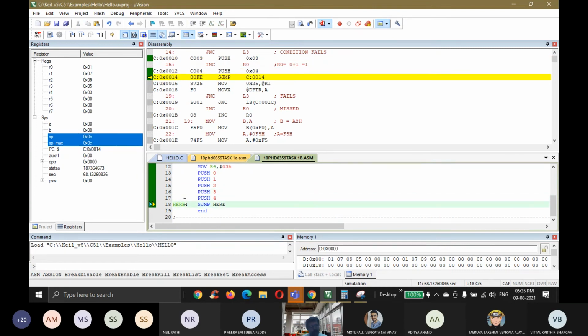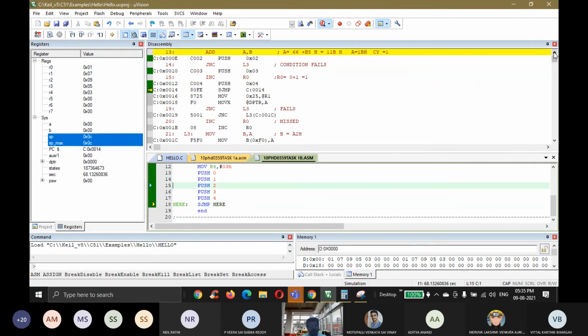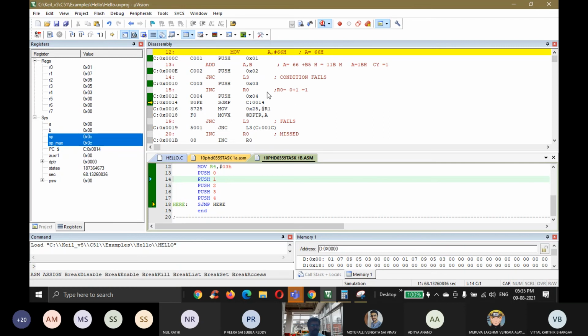You can see C004, and then if you move that, you can see what operation it is loading. Up to that program, the next program is loaded, you can see that.